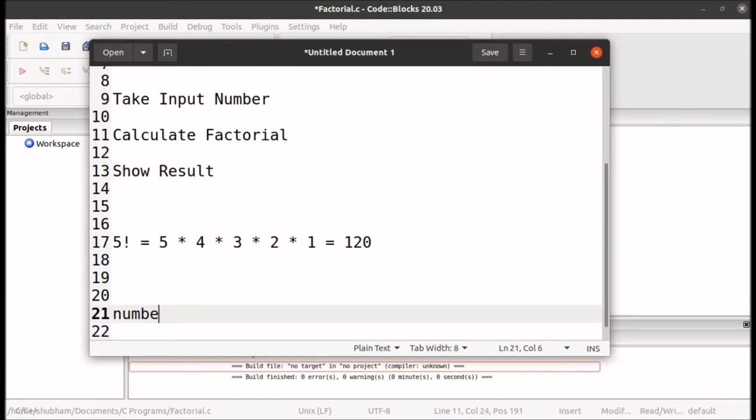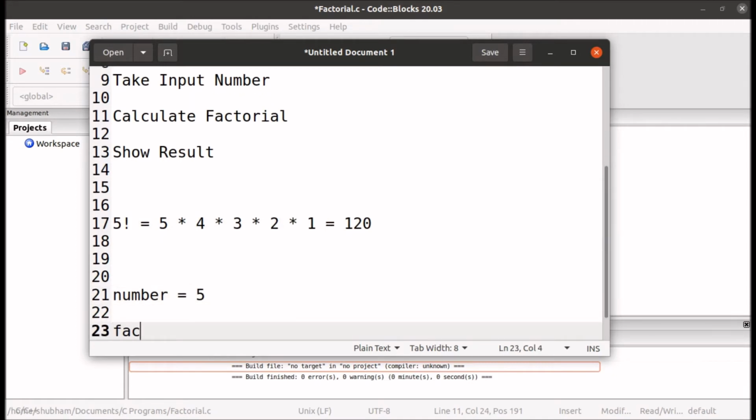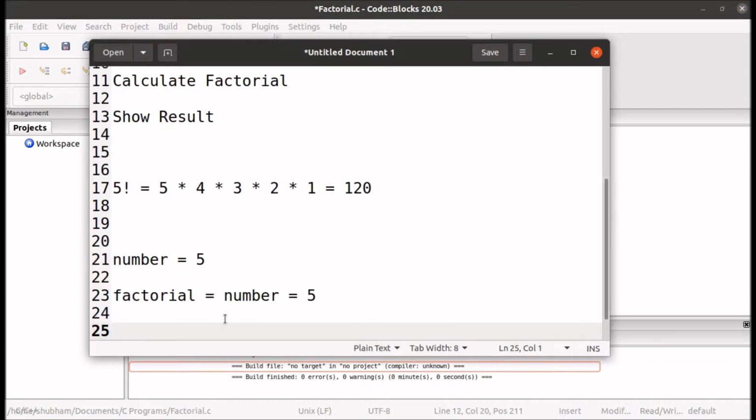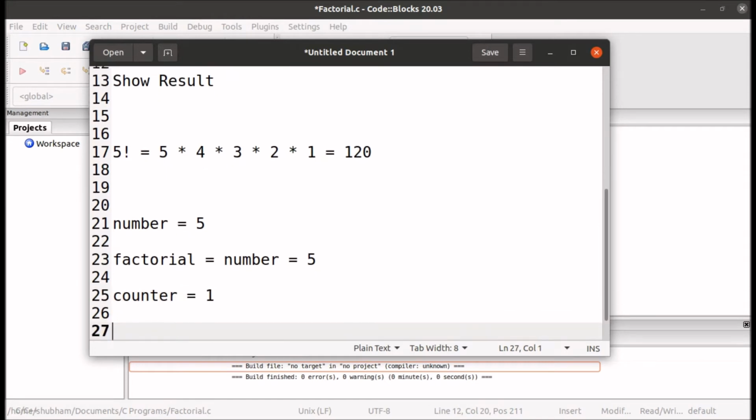Let's assume the number is 5. So I have assigned factorial equal to number which is 5, and we are doing factorial equals factorial into counter. Initially the value of counter will start from 1. So counter will be 1, and we will calculate factorial.